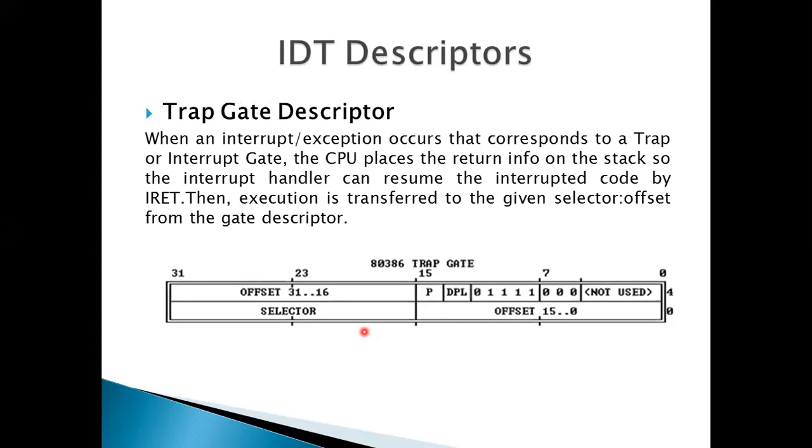The trap will identify, or give the information, that whatever operation you are processing will be continued and you will be allowed to make changes. The interrupt which has occurred, these changes will be identified with the help of different interrupt codes, right? So it is given in the form of both: the offset, which runs from 0 to 15, and the selector, and the offset from 16 to 31, sorry, and different types.